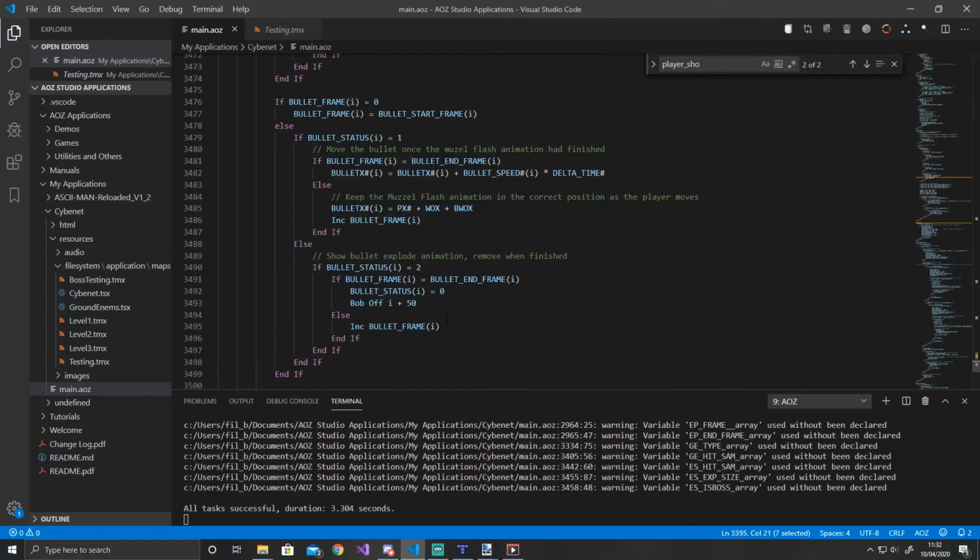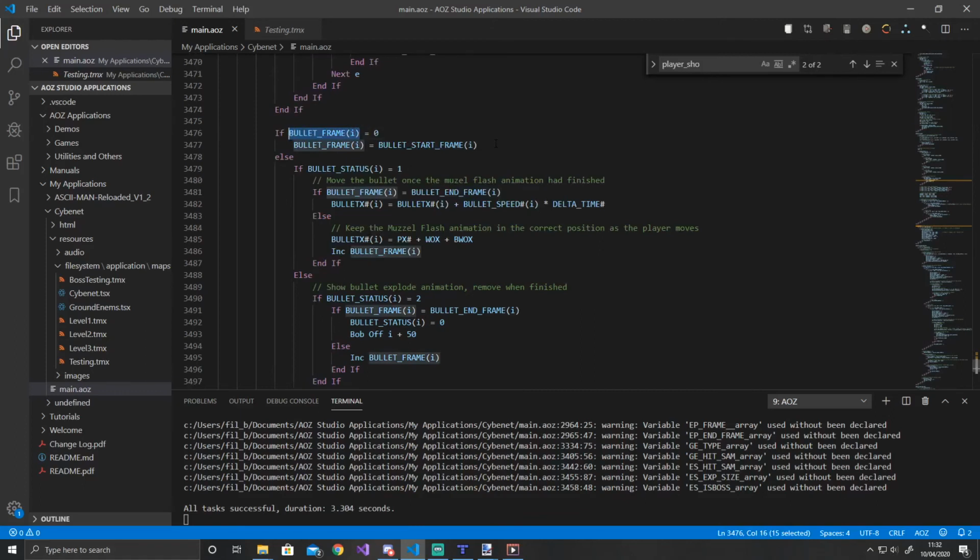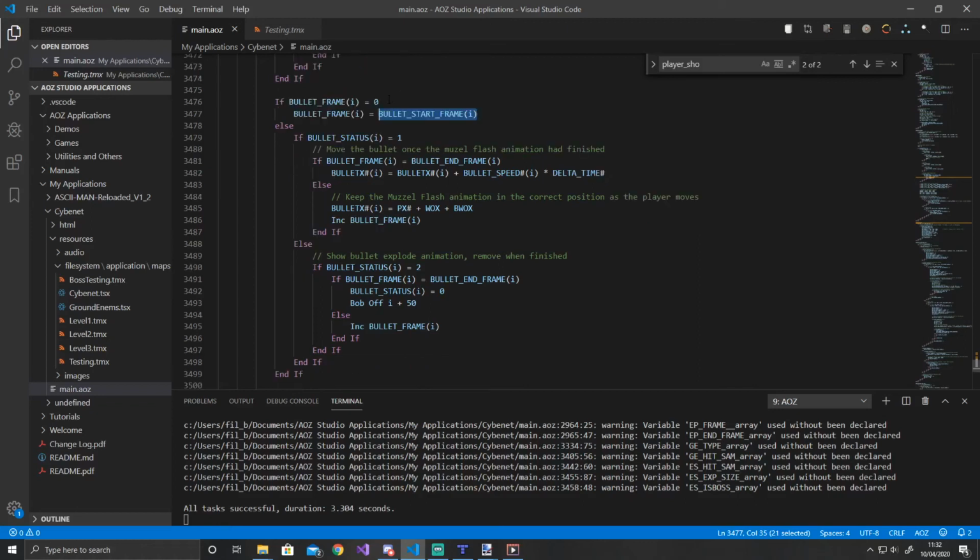And so first thing it does, if the bullet frame is 0, it sets it to whatever the value is in the start frame array. That basically, this is what happens when you first press the fire or press space. It sets that back to 0, and then this piece of code just sets that up as being whatever's in the start frame. So when the status is 1, what it'll do initially is check to see if the current frame is the same as the end frame,